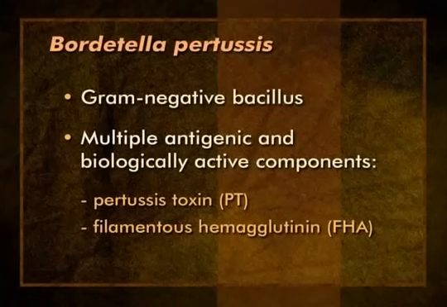Active components. The best characterized and probably most important components are pertussis toxin, PT, and filamentous hemagglutinin, FHA. These two components, as well as others, play a role in the pathogenesis of the disease, but not all of them are important for immunity to pertussis. One of the problems with pertussis has been the complexity of the organism and an incomplete understanding of the disease process and immunity. Years of research have allowed investigators to be reasonably certain which of the multiple antigenic products are most important for the immunity to the disease. These discoveries led to the development of improved